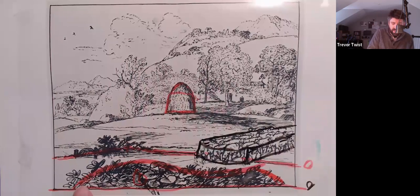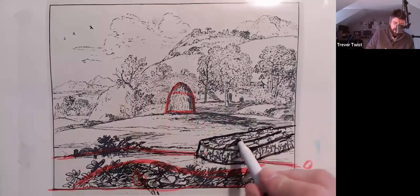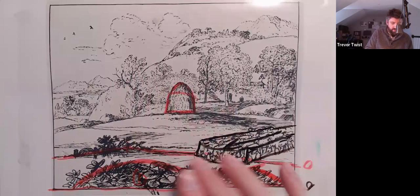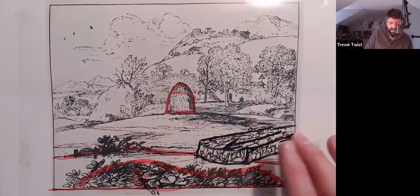So I feel like our S curve brings us over to the right. Enter in here, it switches to the right. You have this really harsh, hard vector. The direction of these sheep really pull the eye into the water. And you almost get caught up here. You get caught up in the large, bold, high contrasty foliage, and then all the activity